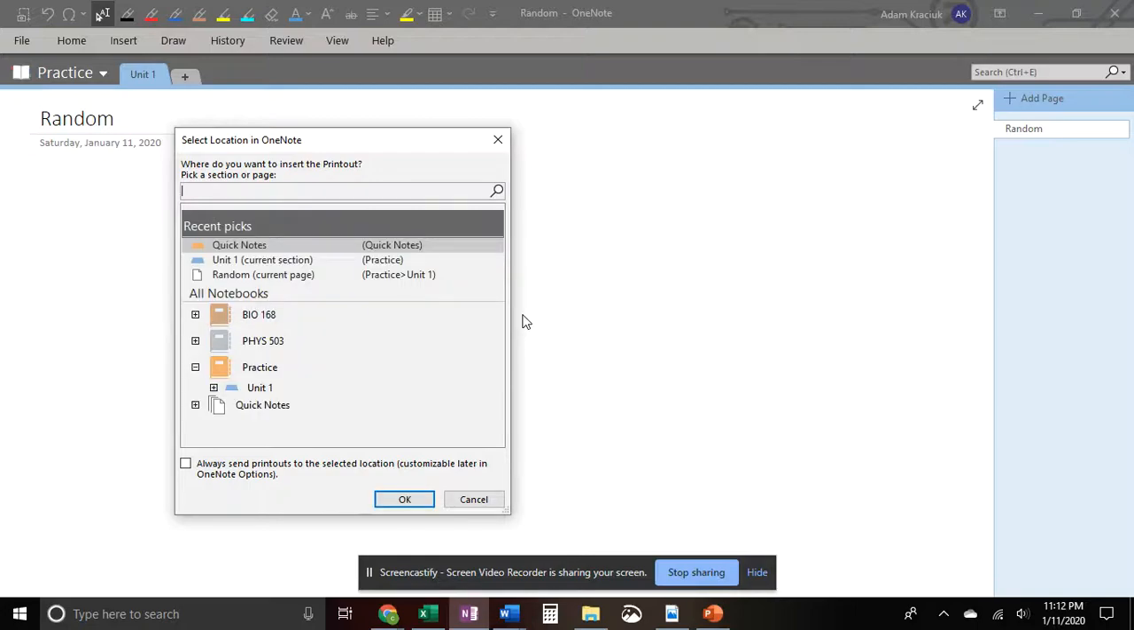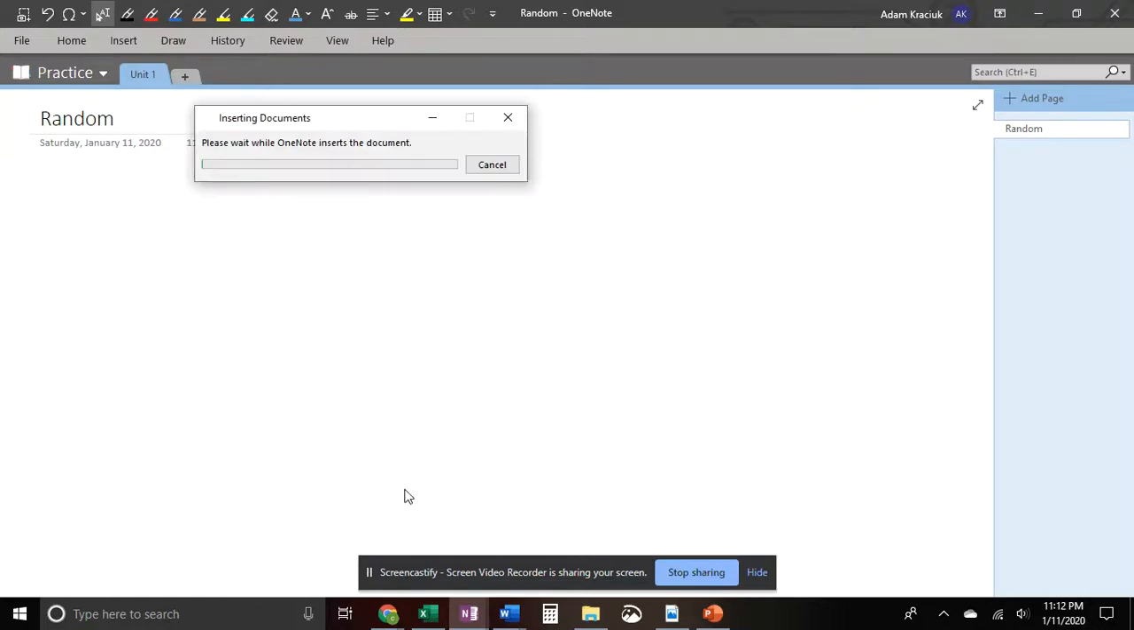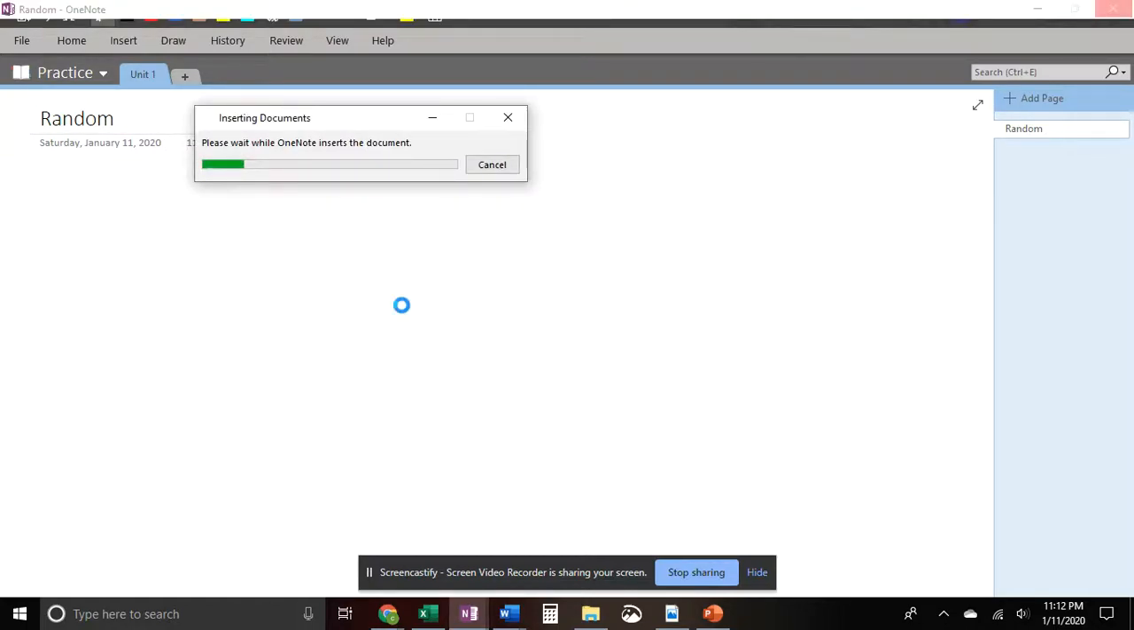So once I do that, it will pop up and give me the option of what I'm trying to do here. You can see all my recent notebooks of things that I've done in the past. We can go into our practice and then to the Unit 1 location here, and we can just hit OK. And when we do that, it's going to insert our document, and then we'll be able to see our entire PowerPoint exactly how we would want it